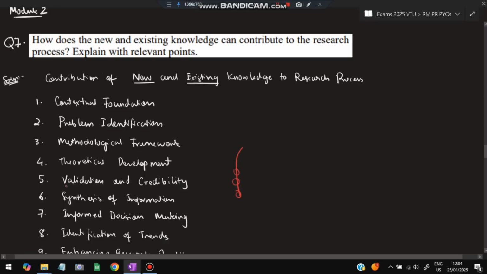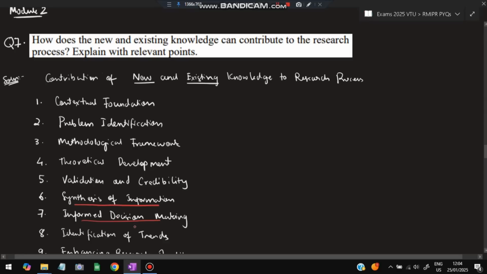Okay, that will increase the validation and credibility if we use the existing knowledge to make the foundation stronger in the new findings. Okay, if the new findings are based on the existing knowledge. Next is synthesis of information. Synthesis means filtering. It reviews the diverse ideas and insights, and it leads to new perspectives for a complex issue. So when we get to know a new perspective of something and there's a complex issue, maybe that can be a solution for that. Okay, that is synthesis of information.